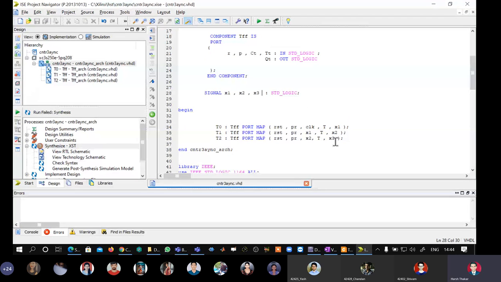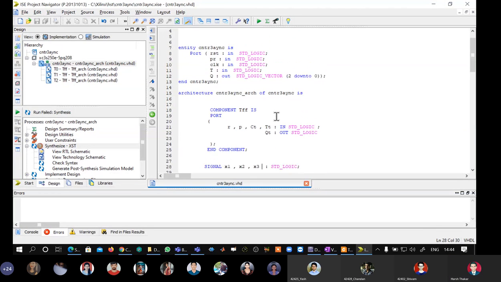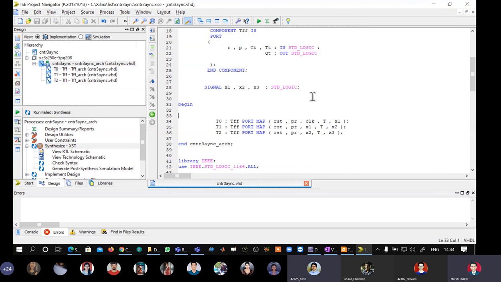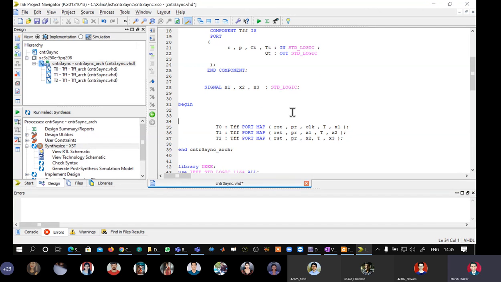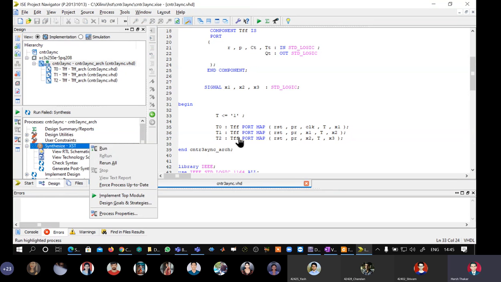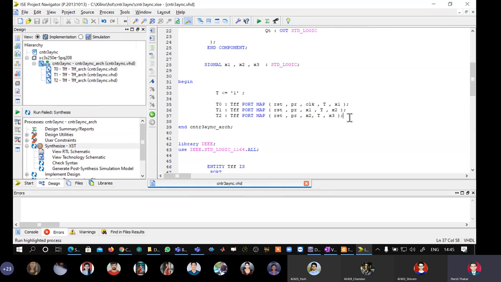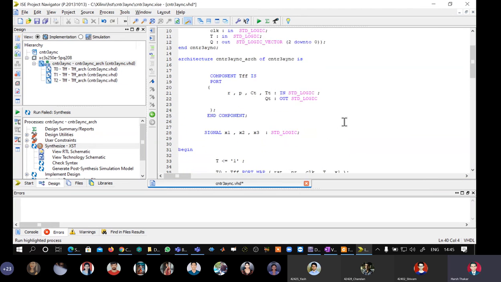But what about assigning T to 1? Where do we write T equal to 1? Not test bench. Here only you have to write. So let me say T is assigned 1. Let us see if it works. Okay, fine. And before we exit, we have to write down like this.